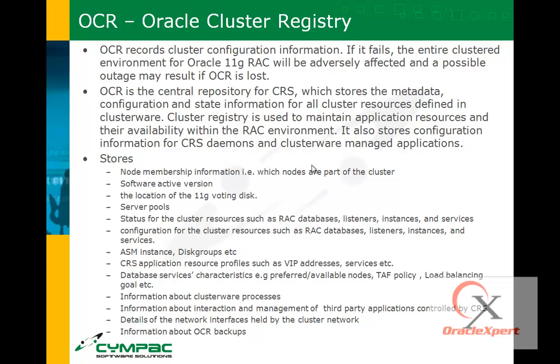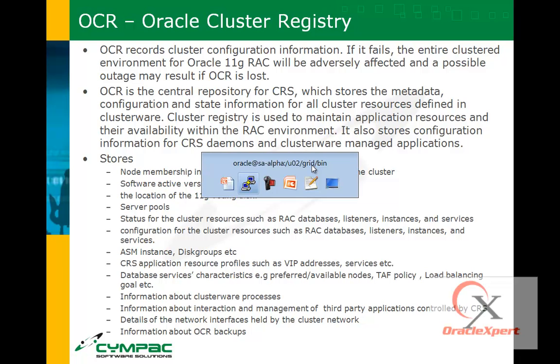The cluster registry is used to maintain application resources and their availability within the Real Application Clusters environment. It also stores configuration information for CRS daemons and clusterware managed applications. What it stores essentially is node membership information, such as which nodes are part of the clusterware, and the active version. There is a software version and an active version. In either case, it should show 11.2.0.2 in our case. So you can use the command